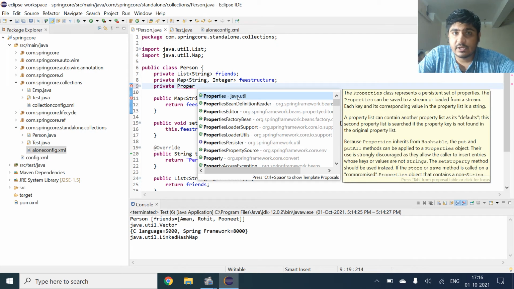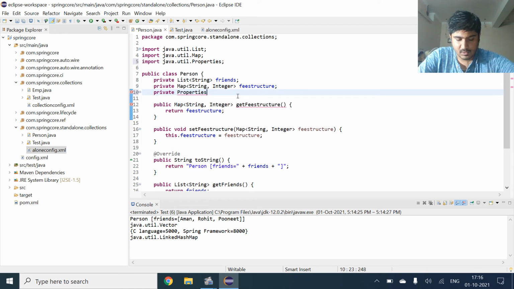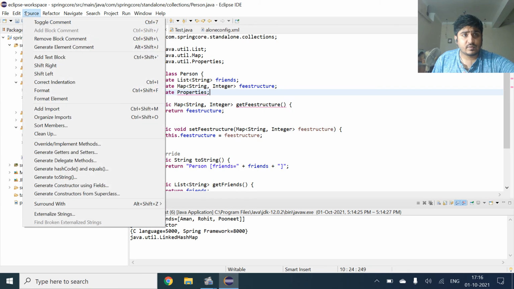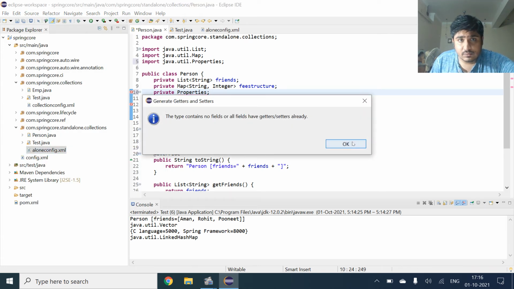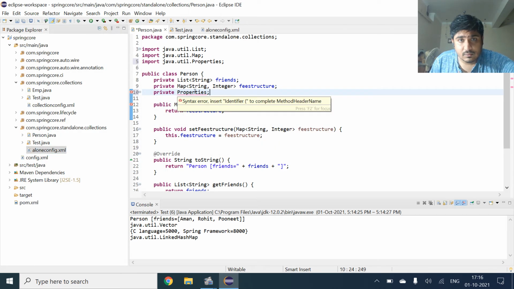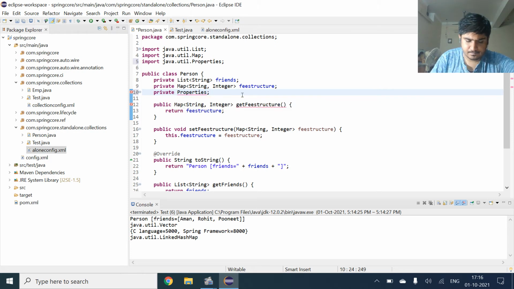Here I am getting the properties, and it is a pair collection, and now we will just create getters and setters.